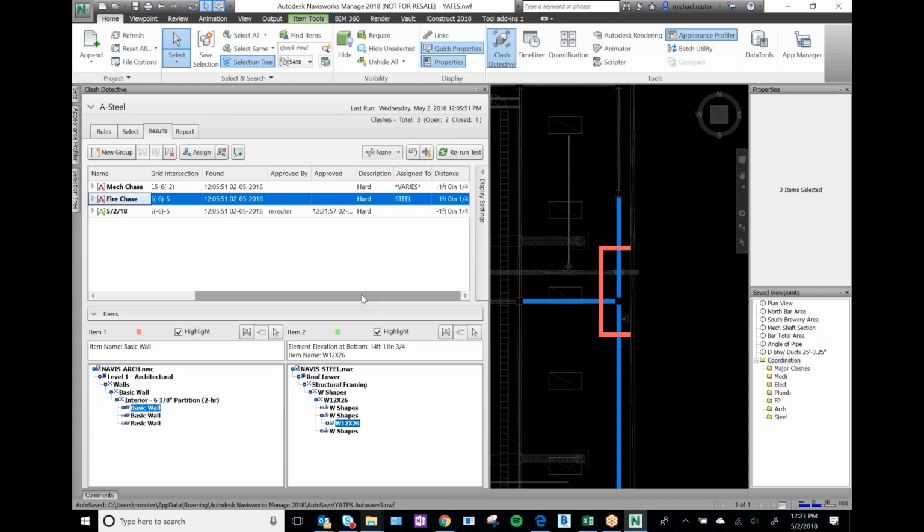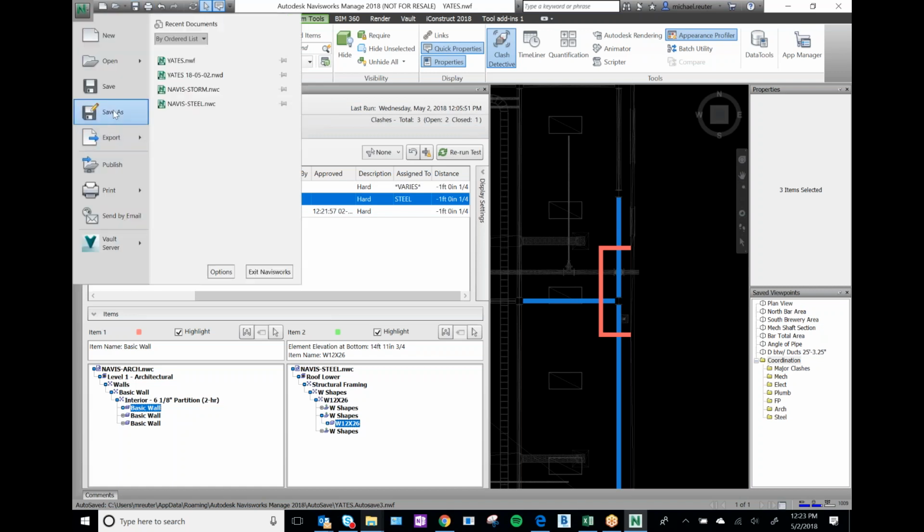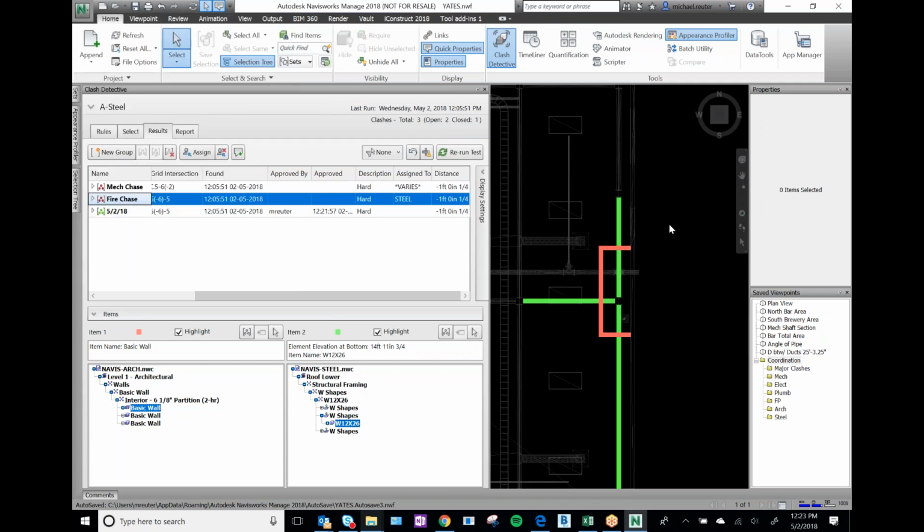Okay, so we've got that. So again, why would you use this? You would use this because everybody has access to Navisworks Manage on your project, and so basically all the information's in here. All they have to do, you just save it. We just save, and then we go File, Save As, and we save this as today. This is today's NWD file. We just put that on an FTP site. Everybody downloads it. They can review it, and they can just basically